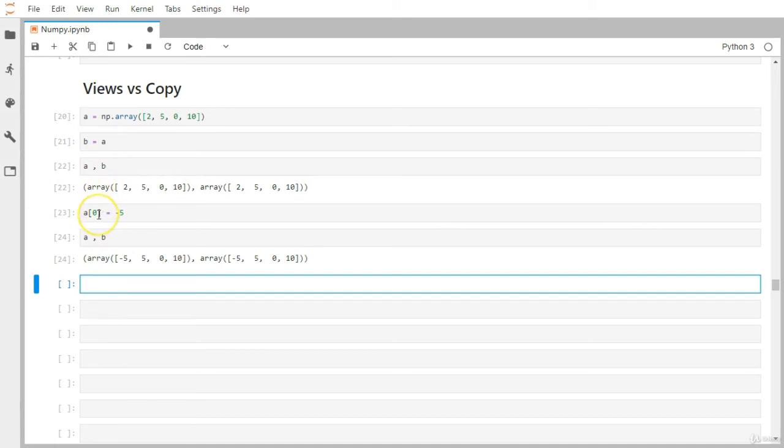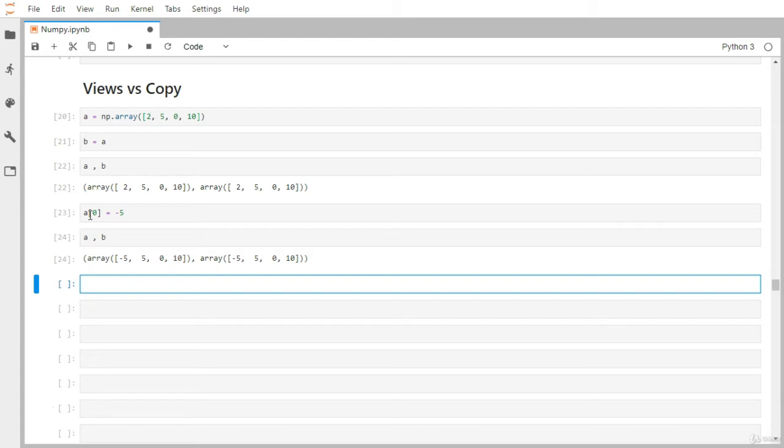So when we did the modification on A, it is just the view of A. We haven't done any modification on array A itself. It is just a view, and we got to see that view with the help of another variable, B also. That's why the original source data got changed and it got reflected in both variables A and B.